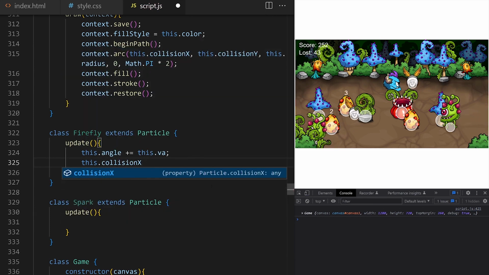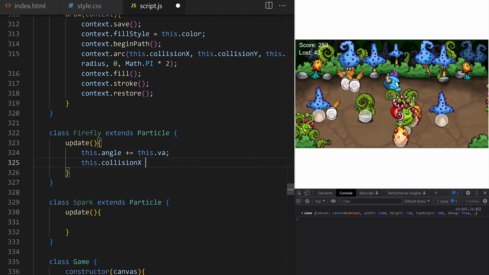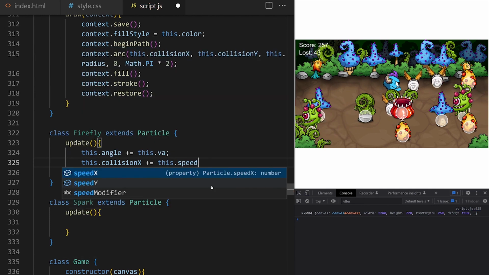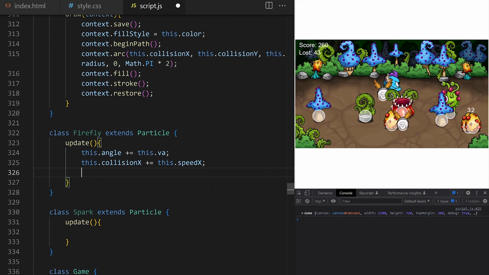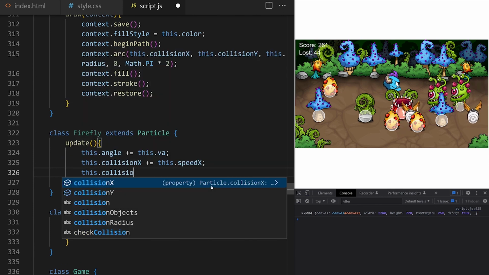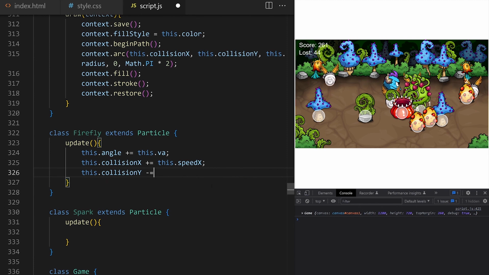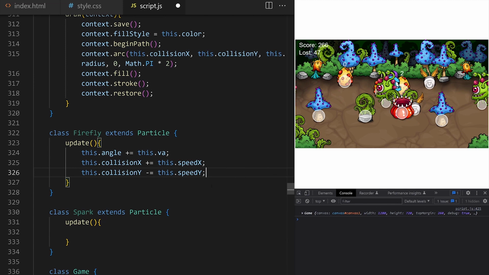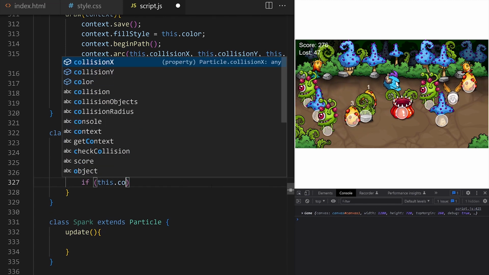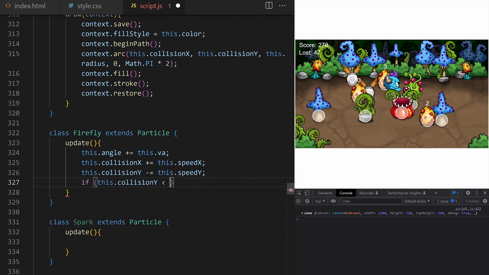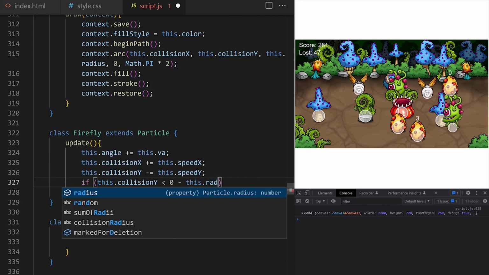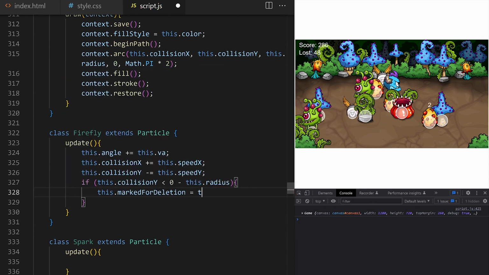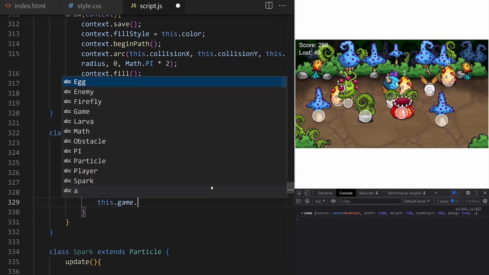First, we will be increasing angle by VA, angle velocity, for each animation frame. Then, we will increase collision x by speed x. Since speed x can be positive or negative, they can start going left or right randomly. Collision y will be minus equals speed y, because I want them to float up in the negative direction on the vertical y-axis. If Firefly moves all the way up and it's hidden above the top edge of game area,